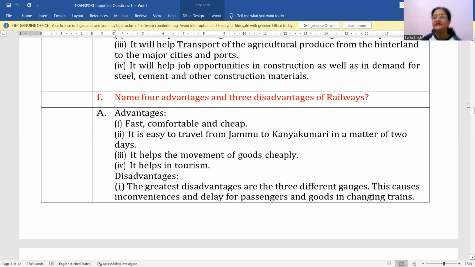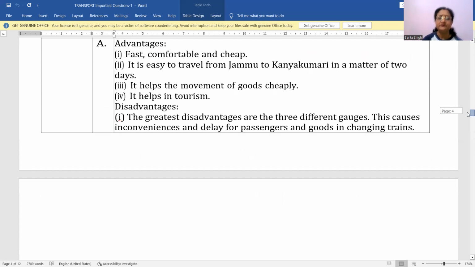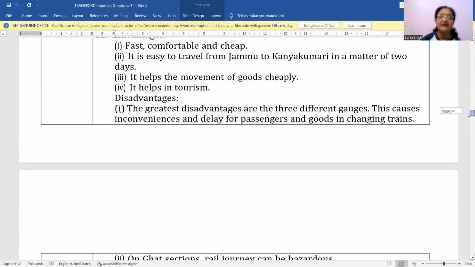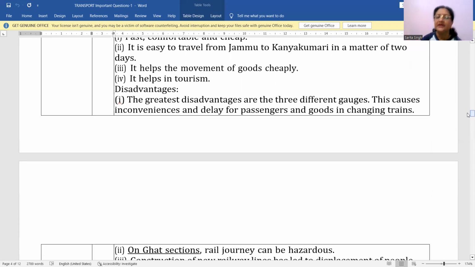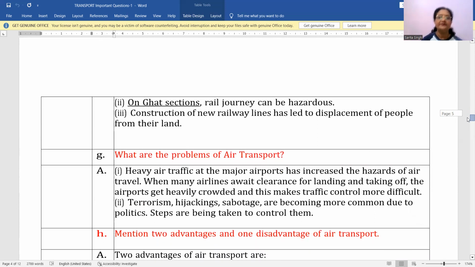Next है, the greatest disadvantage इसका ये है कि अलग अलग गॉजेस जो हैं इंडिया में, this causes inconveniences and delay for passengers and goods in changing trains. Okay, though it has become very less nowadays, but अभी तक ये बहुत बड़ी प्रॉब्लम लोगों के पास होती थी. Okay, then